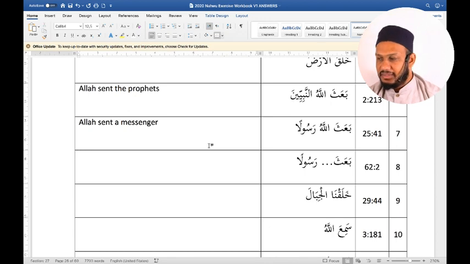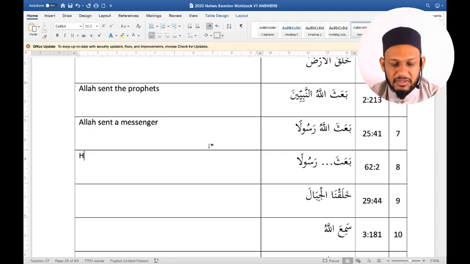Next one. Ba'atha rasulan. Similar one. Ba'atha means sent. But I can see here on the left, there's no fa'il on the left. Nothing at the end, nothing at the left. End, left, in. If it's not on the end, not on the left, I must look inside. And the fa'il there is going to be the huwa, referring to Allah. So the fa'il is going to be he sent, and rasulan is going to be maf'ulun bihi, a messenger.